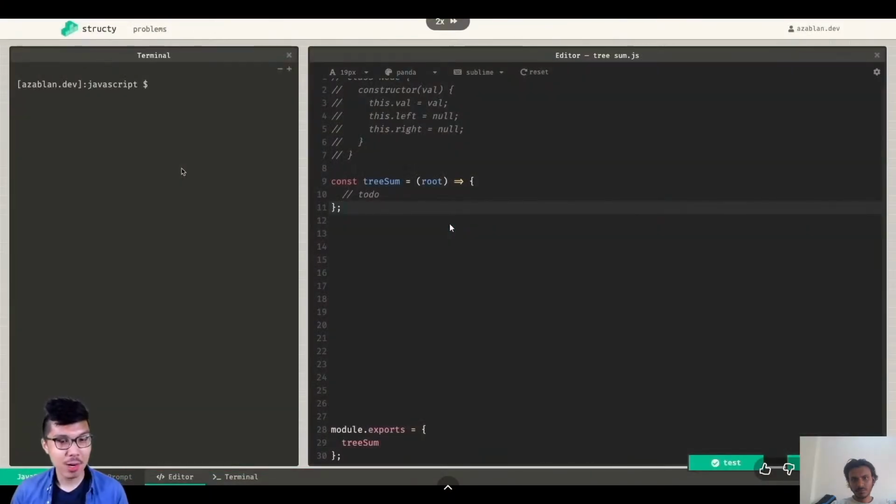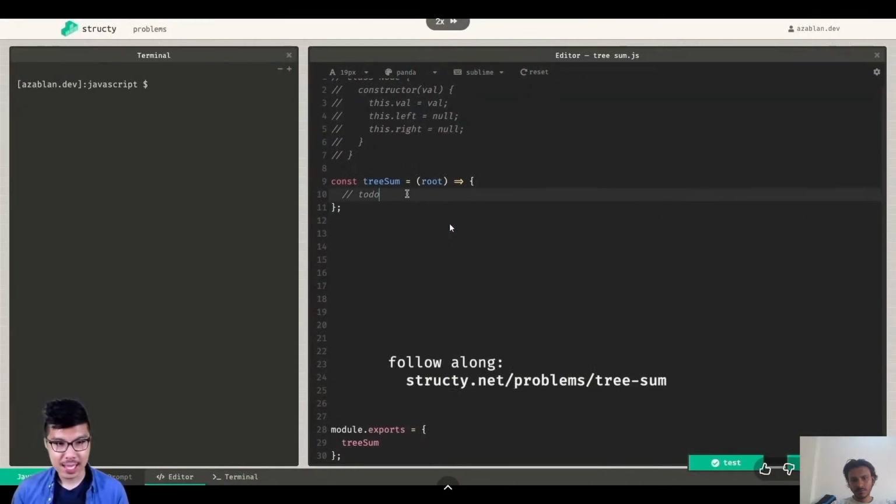Hey programmers, Alvin here. Right now I want to walk through the JavaScript solution for this tree sum problem. And I think this time around I'll jump right into the recursive version, right? So we'll start